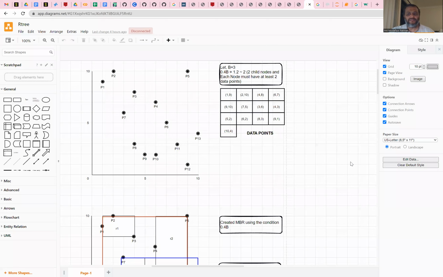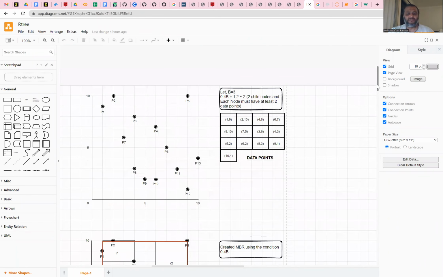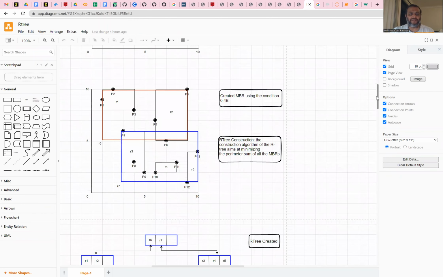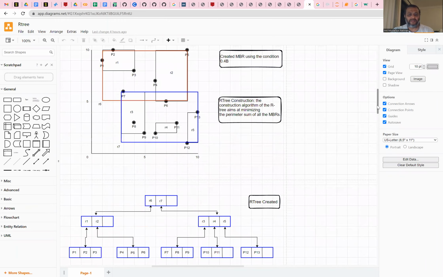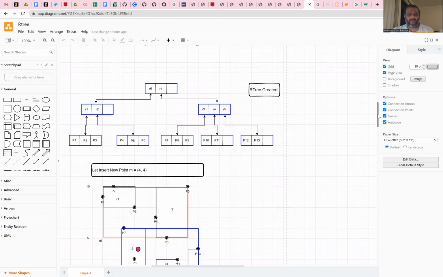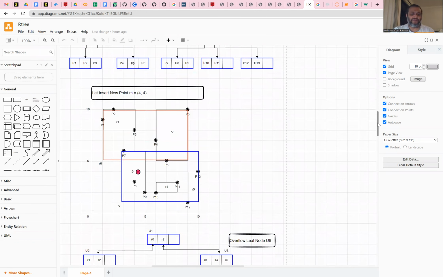Before going to the code, I want to show my analysis on RTree. Here I have taken 13 points, and b is equal to 3. With these 13 points, I first created and drew the MBR, and then created the RTree, and then I inserted another point 4,